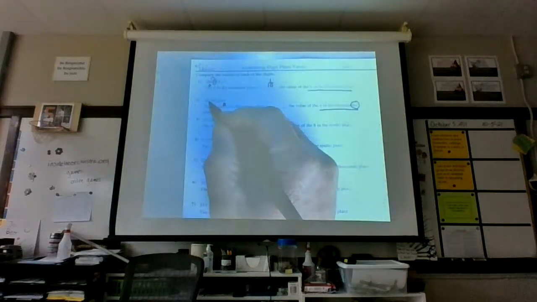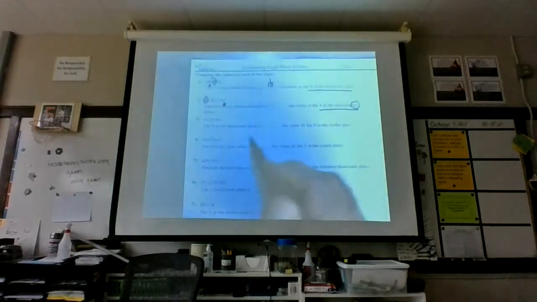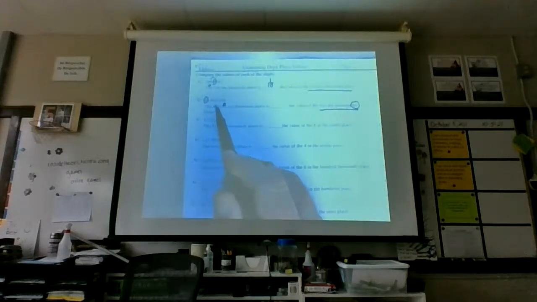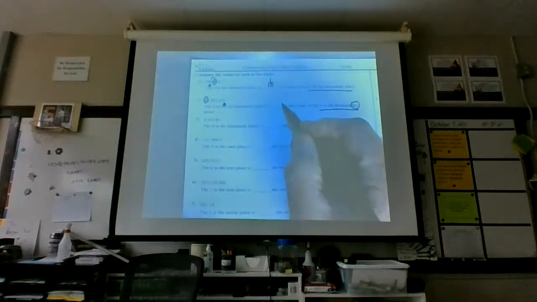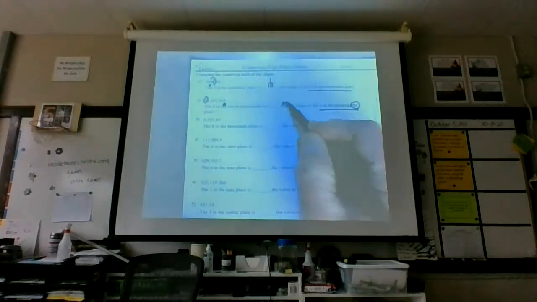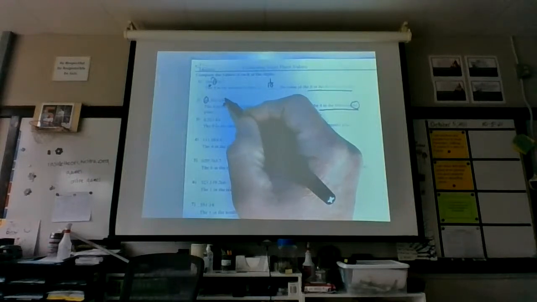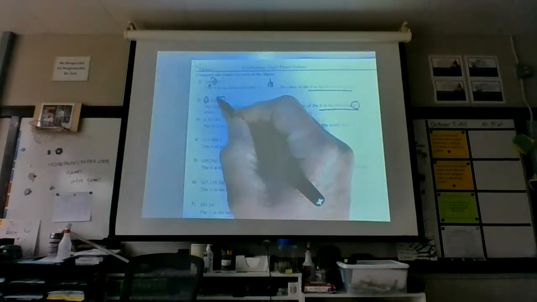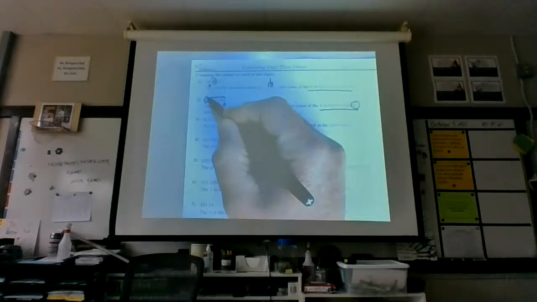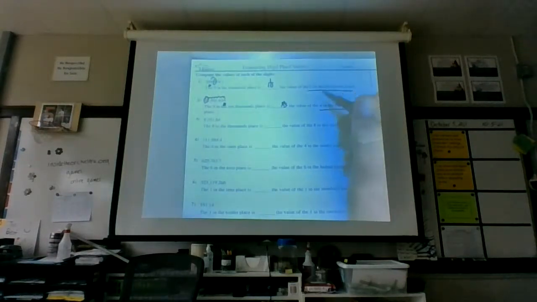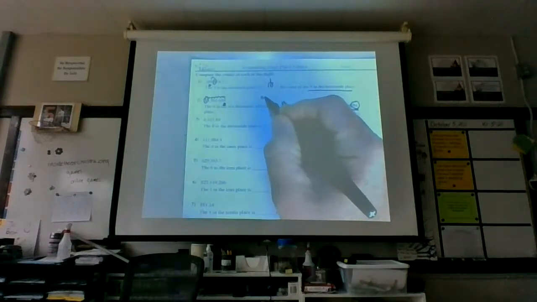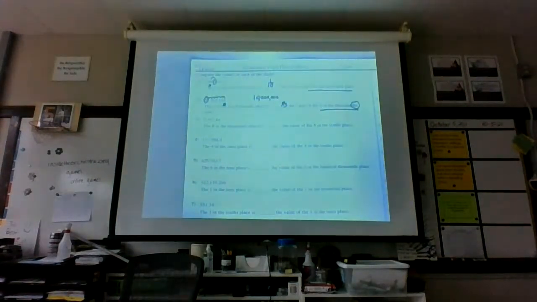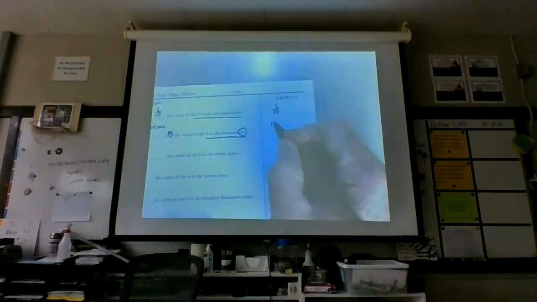Ones, tens, hundreds, thousands, 10,000s. I can very easily look at this if I do it like this and say, that 4 is on the left. It's going to be bigger. I'm going to say times. How many times bigger? Let's count. 1, 2, 3, 4, 5, 6, 7. We need 7 zeros. That's not going to fit here, is it? 10 million. 10 million times larger. Yep. So my answer here is